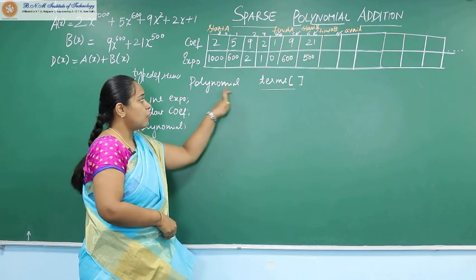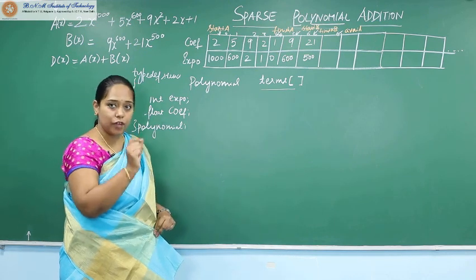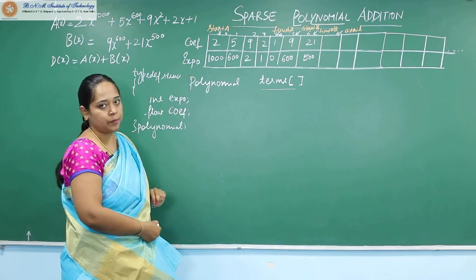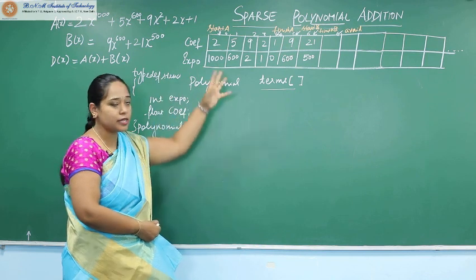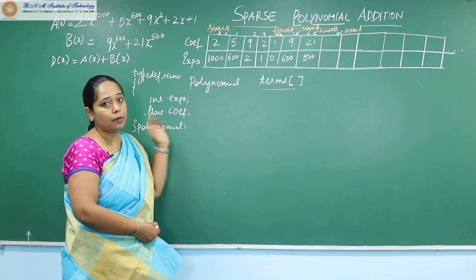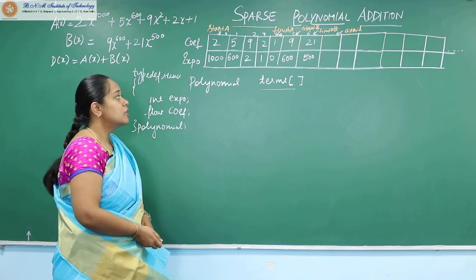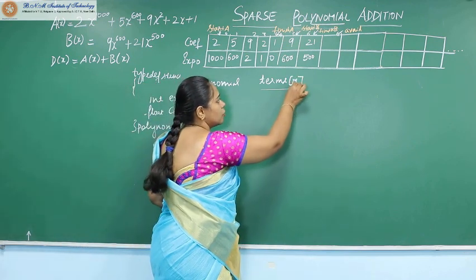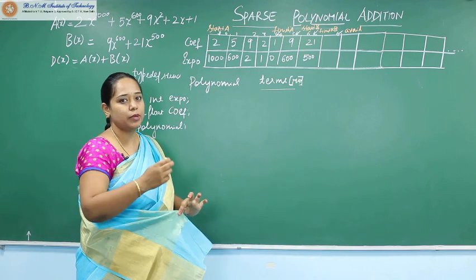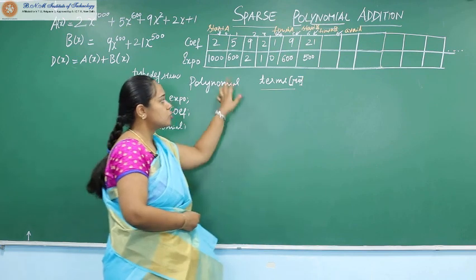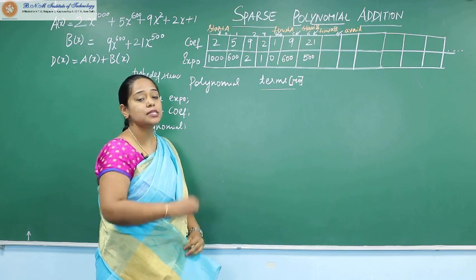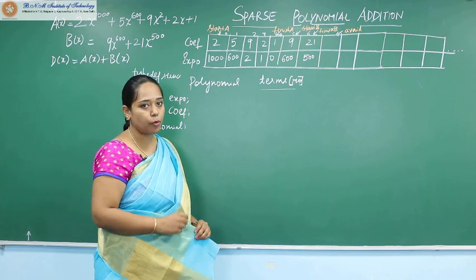Now terms is an array of the data type polynomial. Every entry has two parts. It has a coefficient part and also an exponent part. Now we know how to populate this 1D array. We can store not one polynomial, not two polynomials, but n number of polynomials so long as the size of this 1D array fits in. We can have some constant called max, and max could be 1000 or anything. So long as the locations in this 1D array are available to us, we can go on filling n number of polynomials.